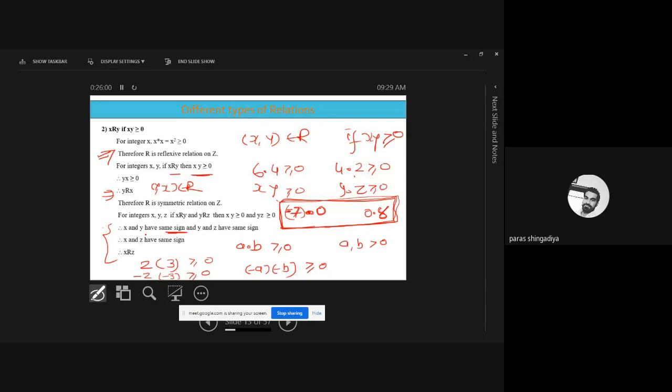That is for all such a, b belonging to Z. If you need to prove a greater than or equal to 0 answer, both numbers should have the same sign. If it is a 0 here, then it should also contain minus 7 into minus 0. Then it also should contain minus 7 times minus 0. Then it is a valid form.